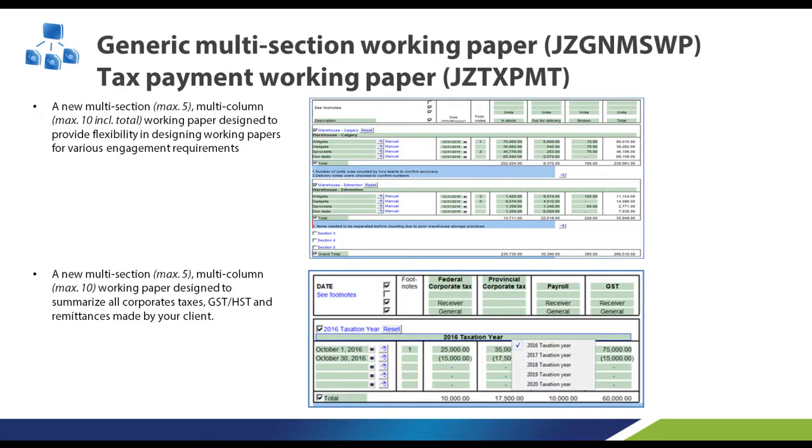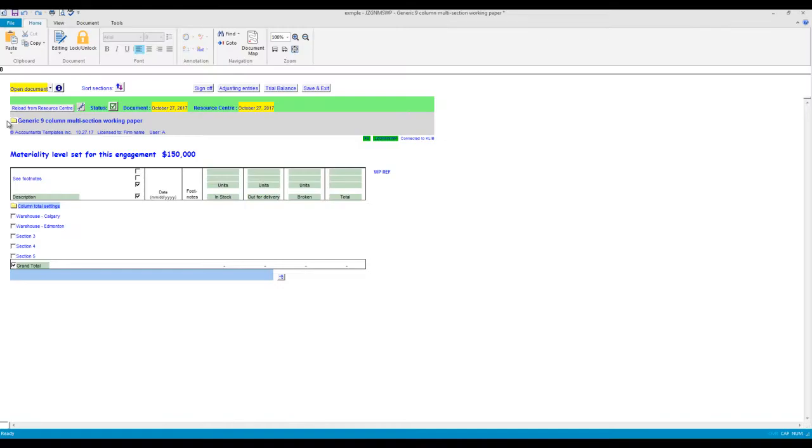Generic multi-section working paper and tax payment working paper. We have included a new multi-section, multi-column working paper designed to provide flexibility in working papers for a wide variety of engagement requirements. We also have a new multi-section, multi-column working paper designed to summarize all corporate taxes, GST, HST, and remittances made by your client throughout the year. The generic